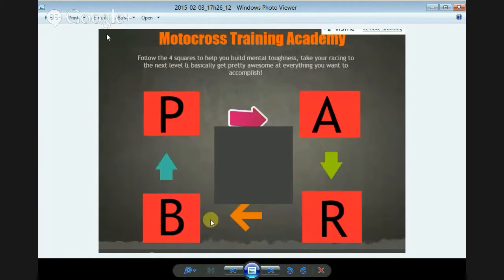Everybody goes through this. Brian Villapoto, Ricky Carmichael, Chad Reed, everybody up to their level goes through this system right here. And I'll explain, and there'll be a video on YouTube of that down the road. It'll help better, but I just wanted to do an introduction with that, and that'll help you see where you're at and what steps you need to take to improve your riding. Okay, let's get back to